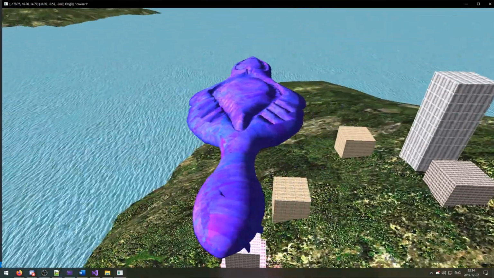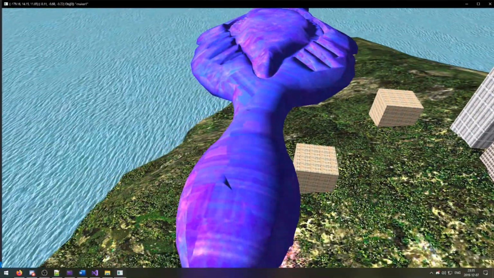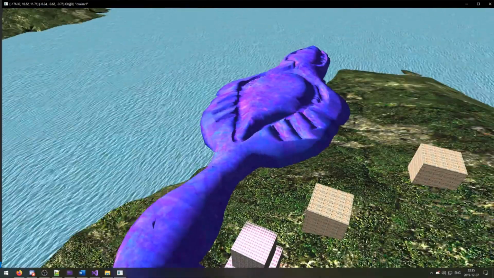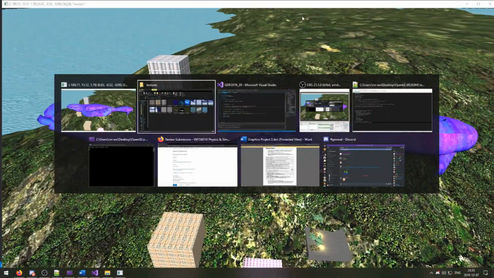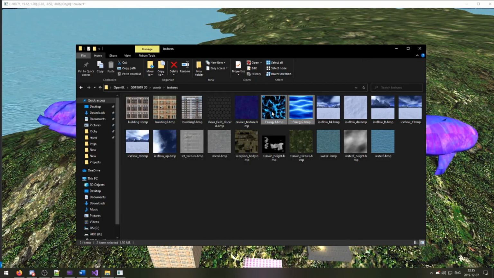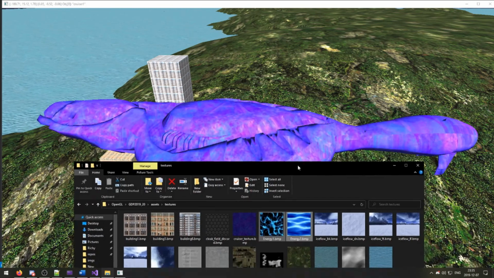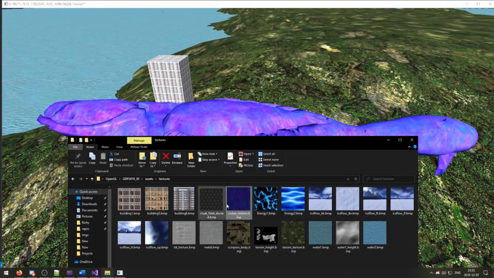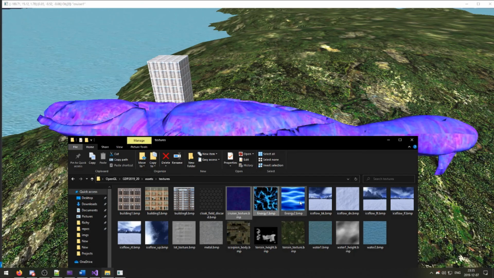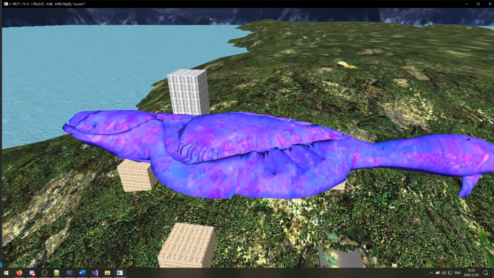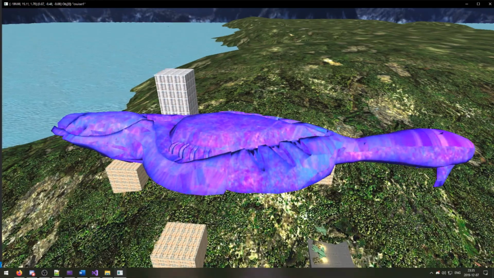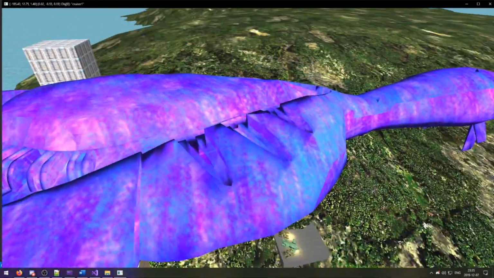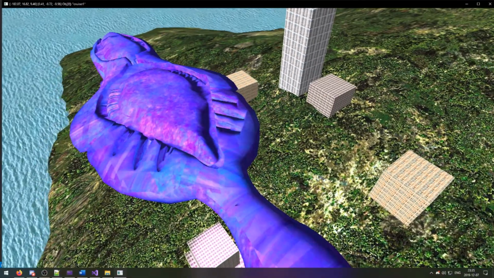This ship here is actually using 3 textures, I believe. There's a base texture, and then there's like 2 energy textures being modulated into it. It's kind of hard to see them because they get really bright. This is the original texture here, and then these 2 get modulated onto it. And I'm moving the UVs for those two textures in different directions, so you can see this kind of cool